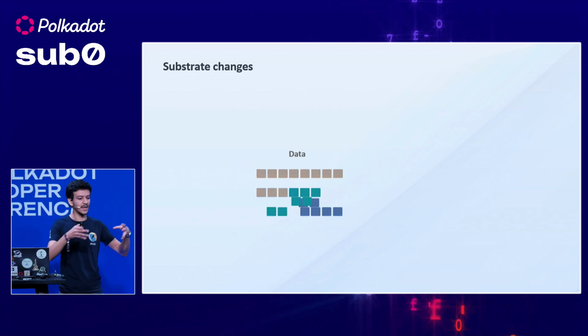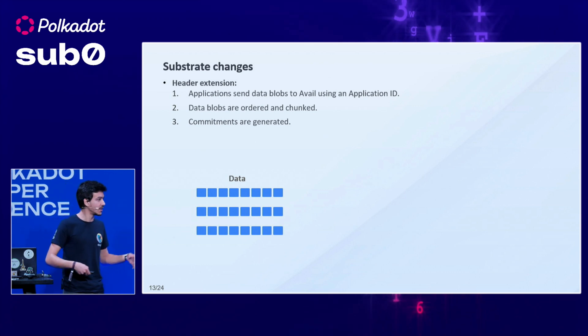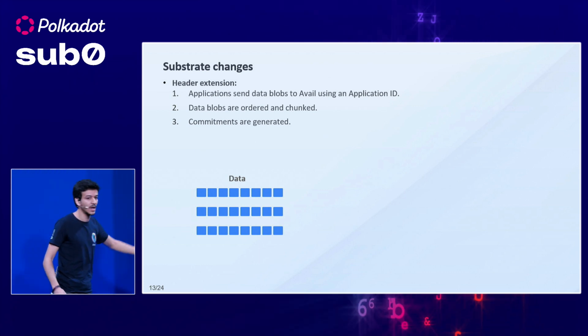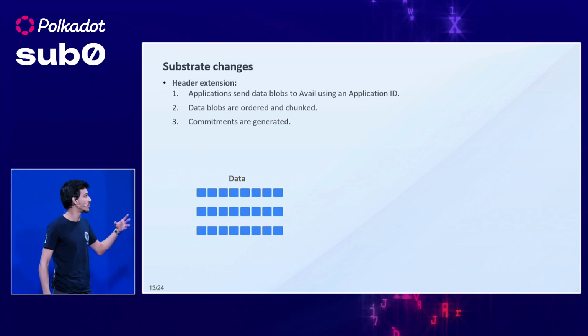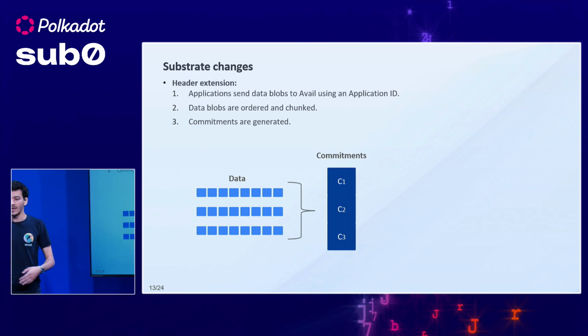So now that we can take this data in an agnostic way, we are going to generate commitments from it. So now we can see that we have 3 rows of data. So we are going to generate KZG commitment row-wise. So we'll have 3 of them, for example. So after that,